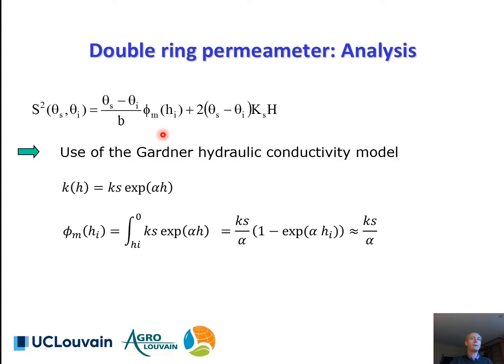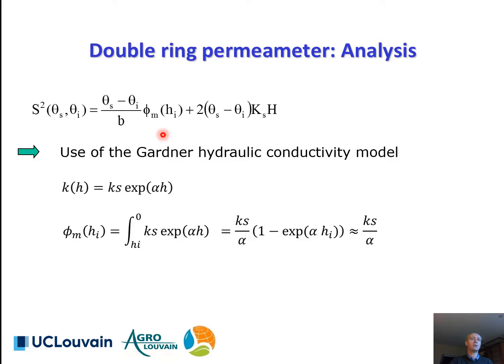Also, the slope parameter is very often soil type invariant. If we use generic values of alpha, then we have an equation with just one unknown, Ks. So, given S, Cs, Ci and H, we can estimate the value of Ks. Such analysis is more rigorous to estimate Ks of a soil as compared to the estimate of Ks from the